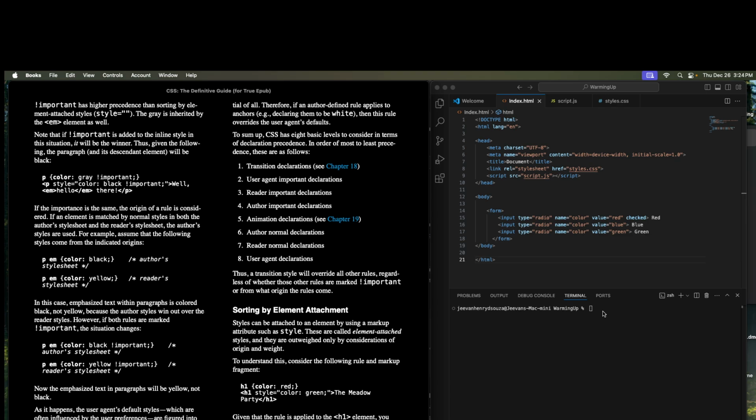There are eight basic rules. I have transition declarations, user agent, reader important, author important, animations, author normal, and sorting by element attachment. Styles can be attached to an element using markup. These are called element styles. To understand this,